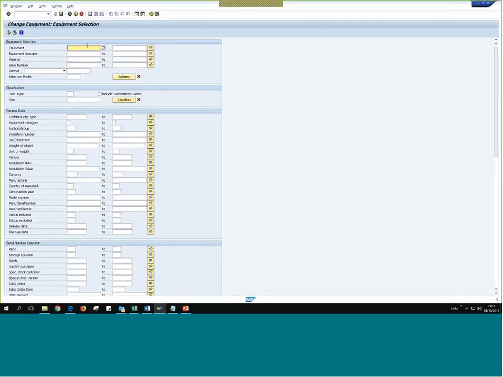And again, it would work the same way as IE08. You'd add your equipment numbers, execute the report, and then make the changes that are necessary. Okay, so as there's 15 minutes left for the end of this session, we can take a look at no questions. All right, wonderful. So maybe we can go on with the polling questions that I have ready for students,